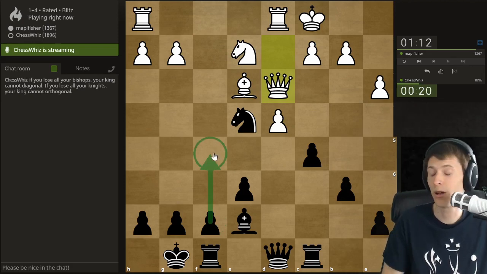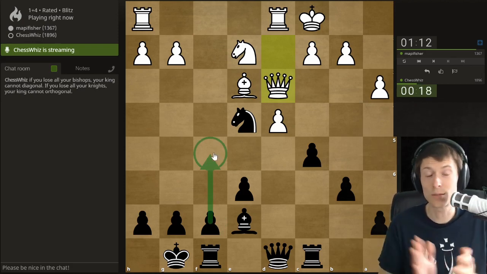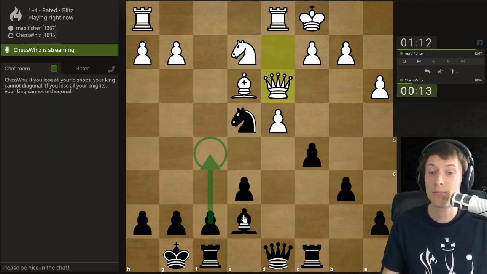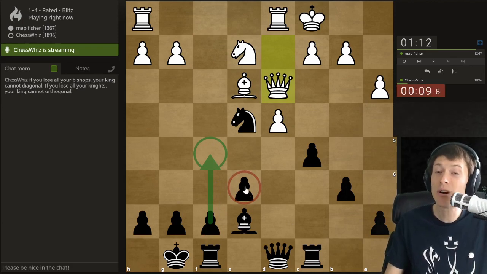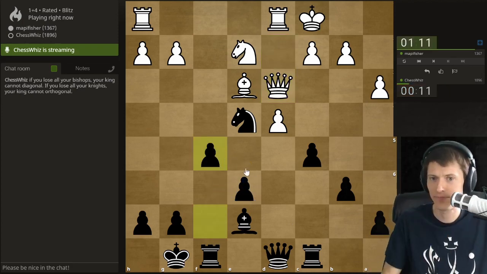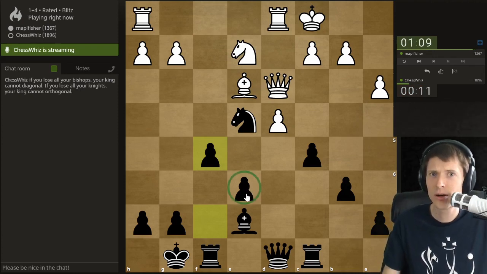For those of you who don't know, you want to learn some chess right now? Of course, that's why you're watching the show, okay? So this pawn is only defended by this pawn. It can't be defended by any other pawn. If I play this, it can never be defended by any pawns ever because it can't advance or it will die. So let's play it. This is called a backwards pawn. A backwards pawn is a pawn that's backwards, okay?